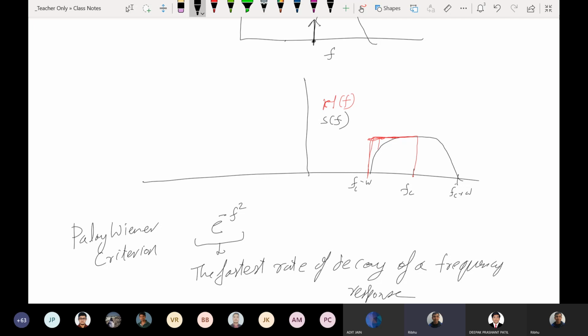That's why this filter is different from all the filters we have studied till now, because till now whatever we considered, the frequency separations were so large that you could discount this e to the power minus f square decay, but you can no longer discount this e to the power minus f square decay here. So that's why this Paley-Wiener criterion is important, and you cannot have exact single sideband modulation simply using filters. So that is why we had to do this Hilbert transform trick.